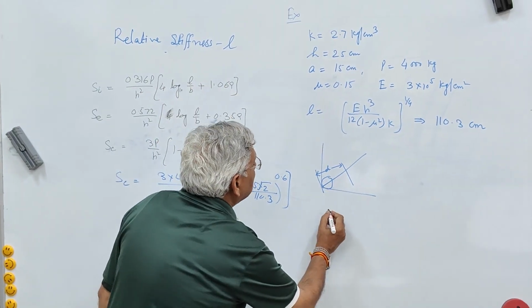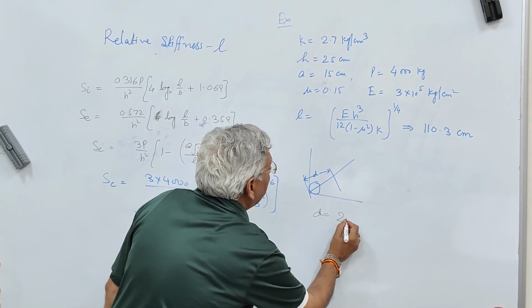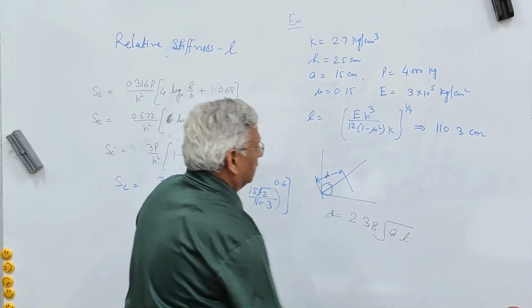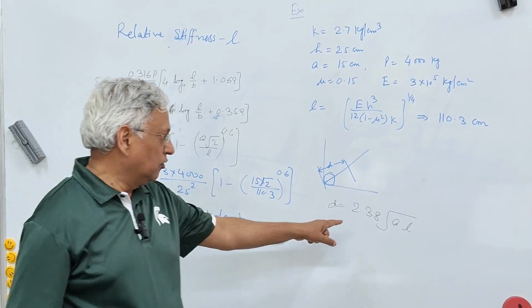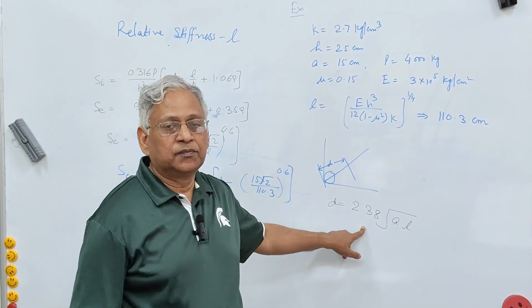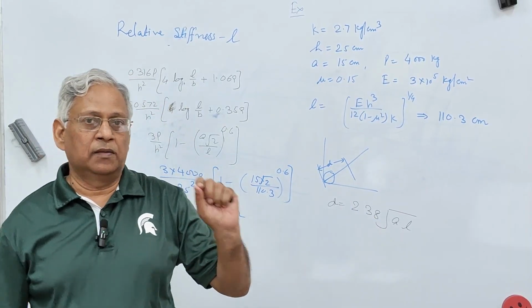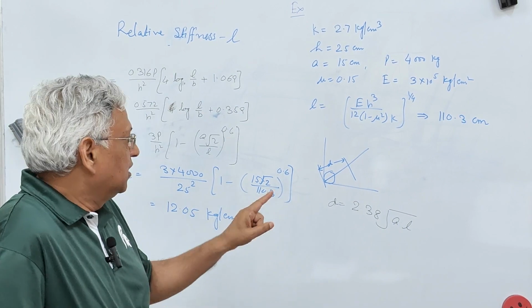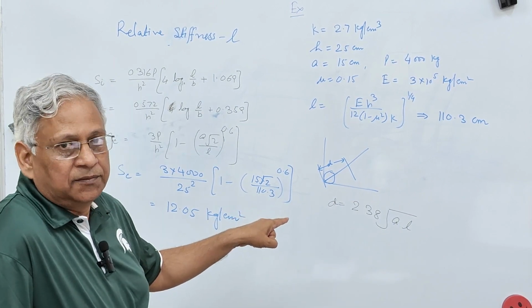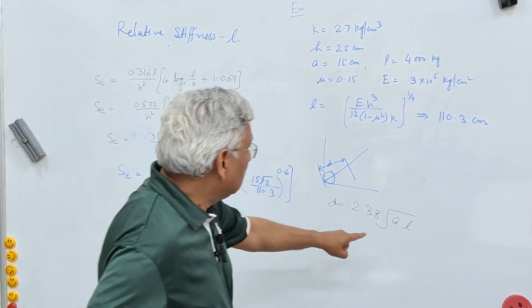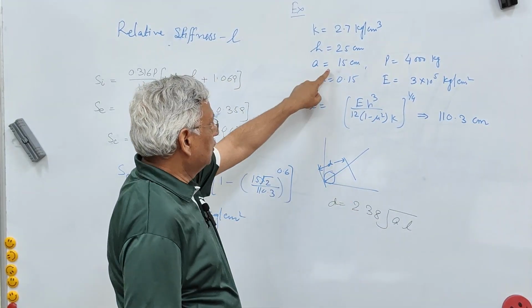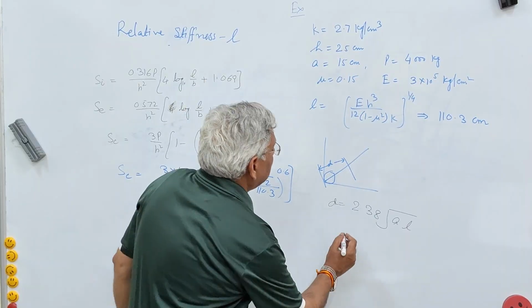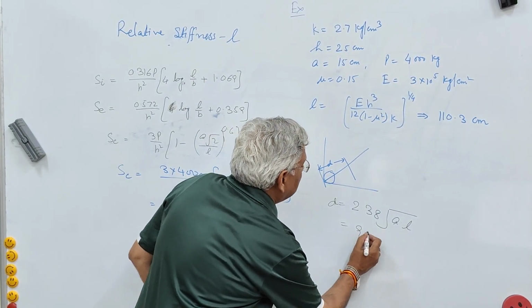D is equal to 2.38 square root of A into L. In some books, you will find this factor a different value. But if you look at the original paper of Westergaard, which was published in April 1926, this value is 2.38. So if you put the value of A equal to 15 centimeter, L 110.3 centimeter, this will be like